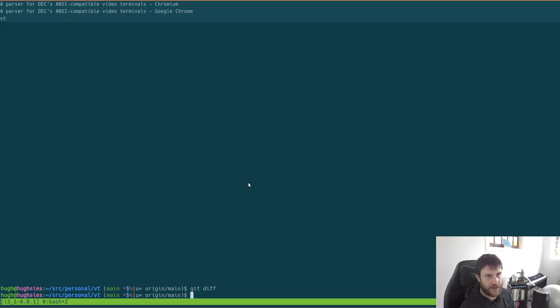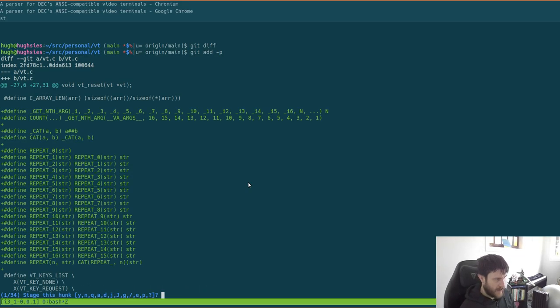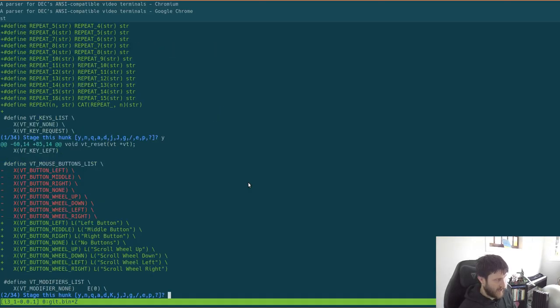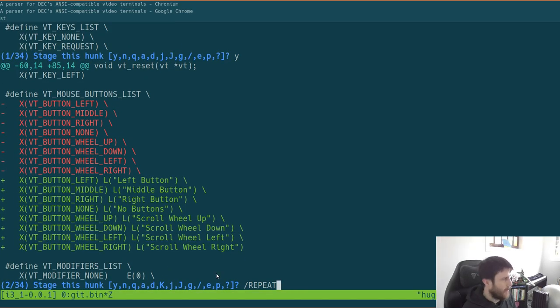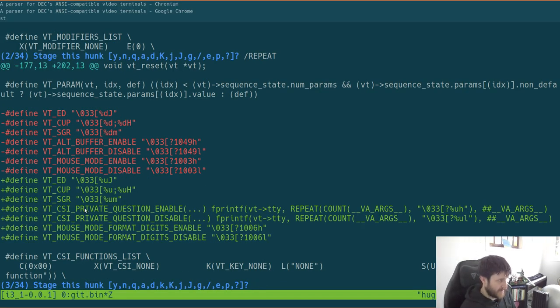So what I wanted to do was add that out interactively, and in doing so we can see how each of the things are used. What I wanted to look at first was this repeat thing. After we stage it, we can search for repeat. This is using a regular expression, which is one of the things you can do here. It'll bring up some stuff that uses CSI private question enable, which uses this